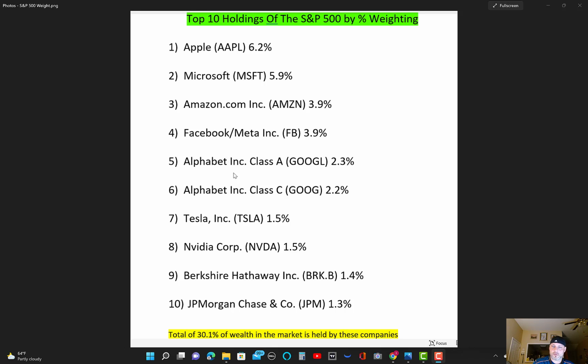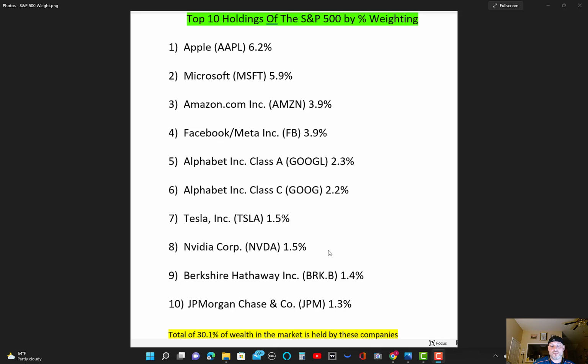We can get a little bit more into the classes in a later video. Tesla Incorporated. Everybody knows Tesla. Love Tesla. TSLA is the ticker, 1.5% of the weighting. NVIDIA Corporation, ticker symbol NVDA. I'm sure you know about NVIDIA. If not, you can probably look down at your computer right now and you'll probably see a sticker with NVIDIA software, or hardware that's all through your computer. 1.5%. Berkshire Hathaway Incorporated, Warren Buffett, 1.4%. JP Morgan Chase and Company, big bank, JPM is the ticker, 1.3%